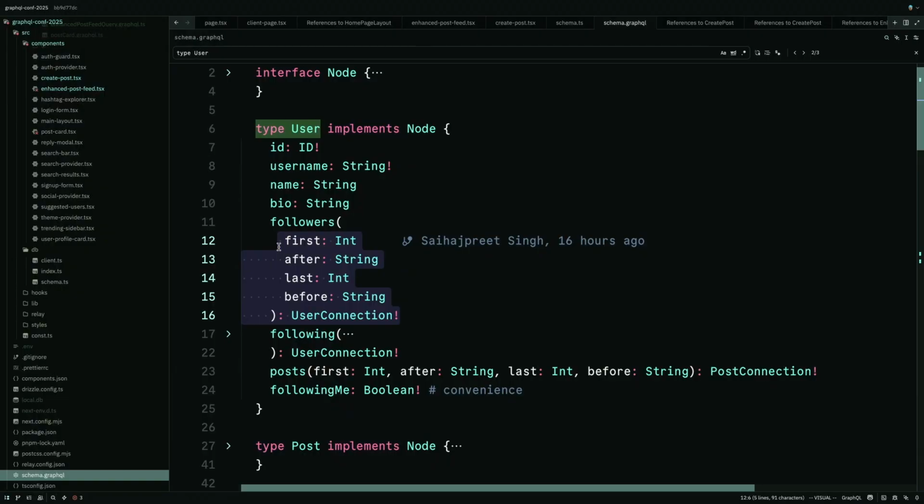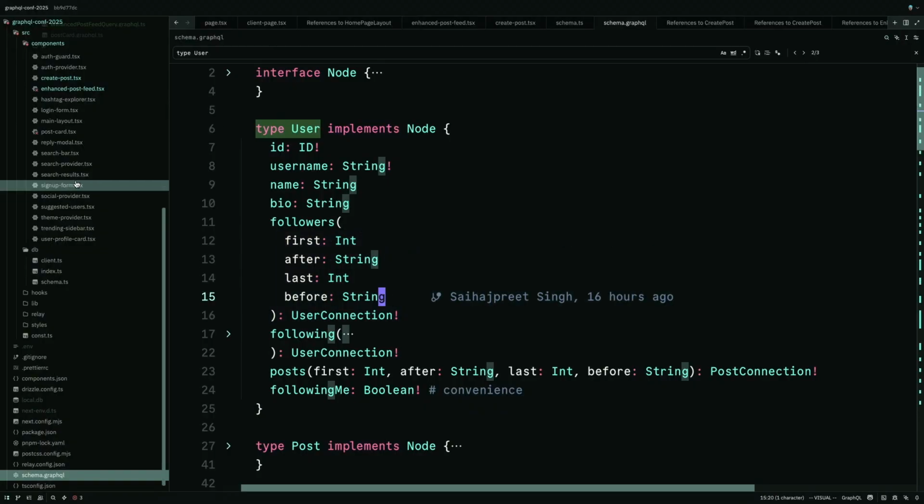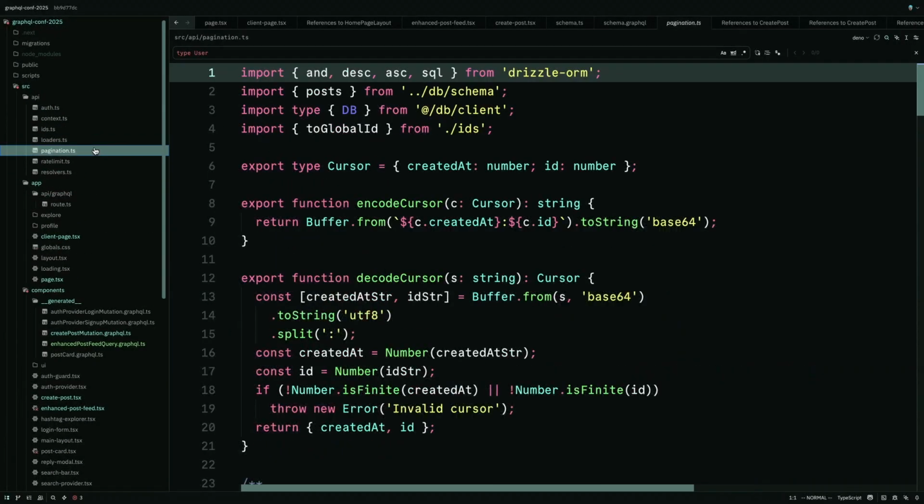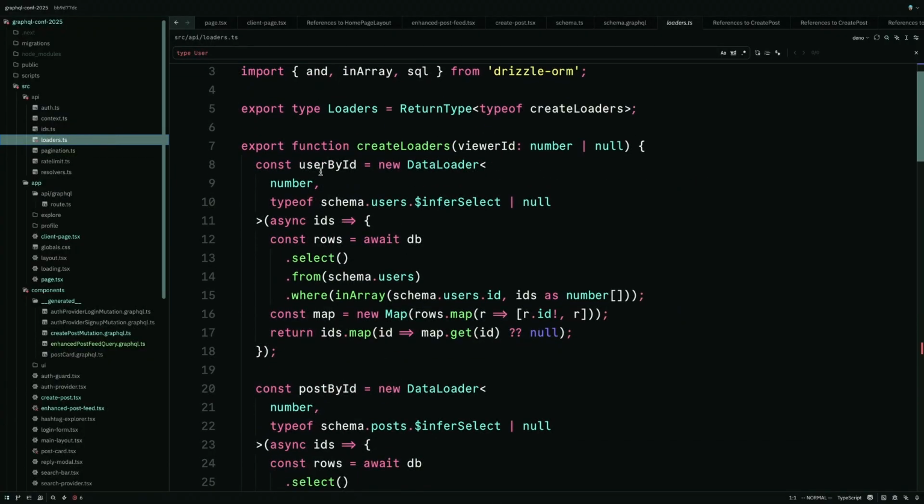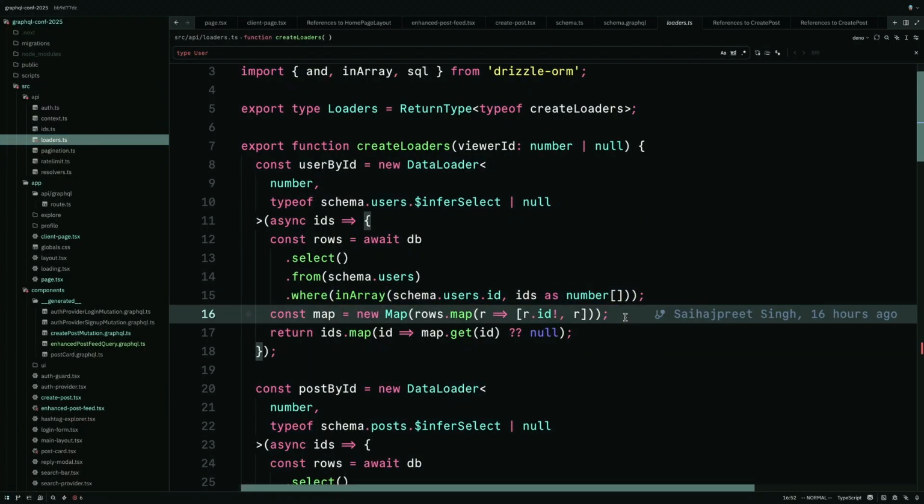It's not a one-to-one mapping to your database schema. It's much more than that. And that is where you want loader functions to come in handy. So we want to fetch all the different users, but what this function would do is, when we call this